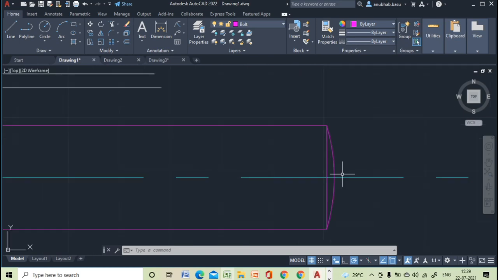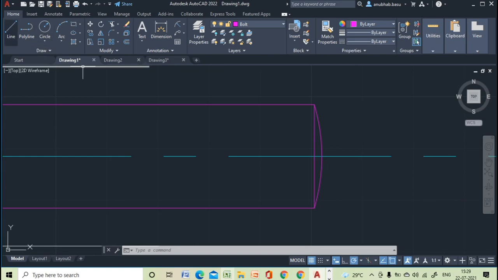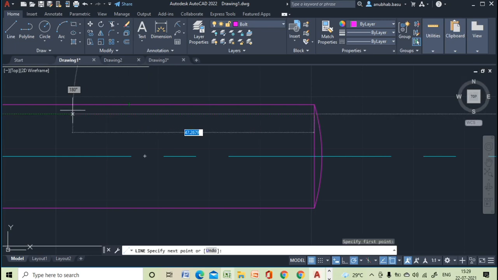Okay, say the teeth of the height, I'm taking an arbitrary teeth of the height as, suppose this is the teeth of the height I have taken.